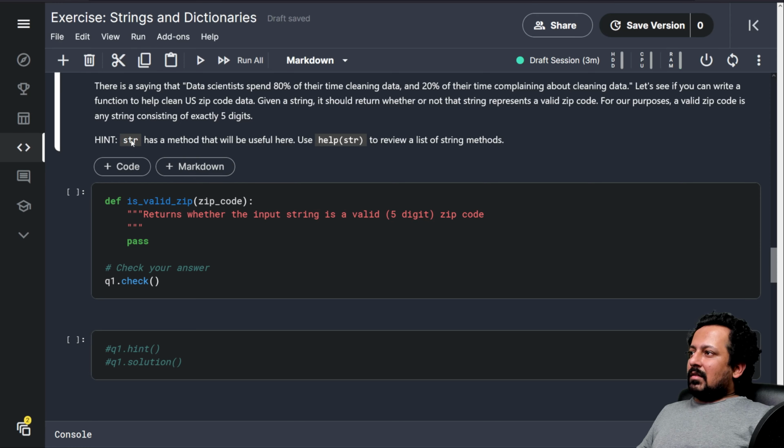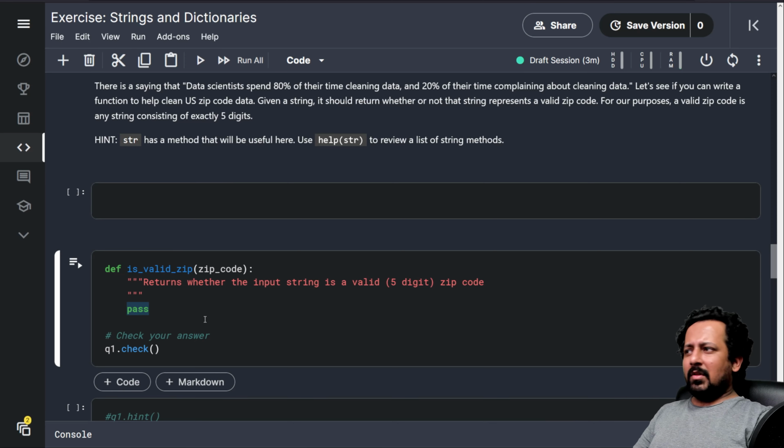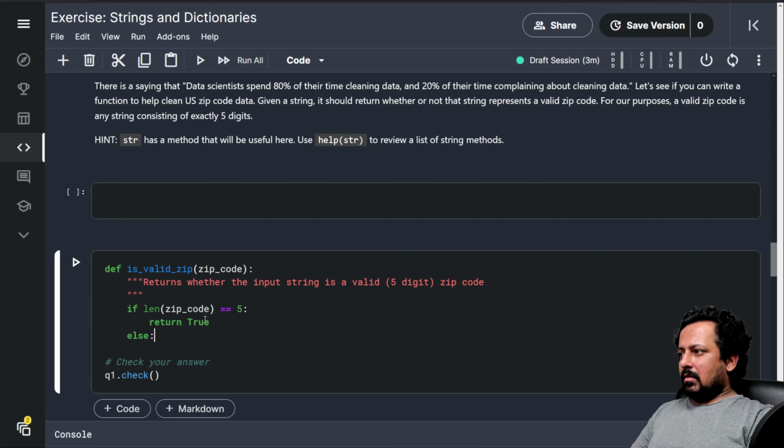It says str has a method that will be useful. There are many different ways of doing this. Let's start with a different method first. If I say if len of zip_code is 5, return True, and in the end, return False.